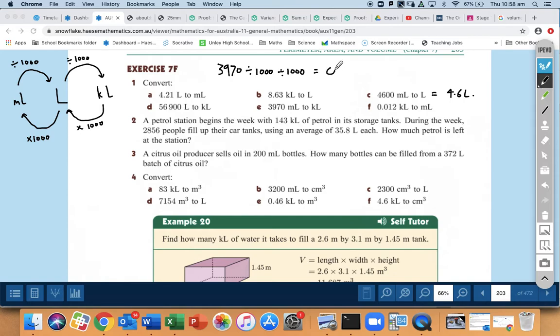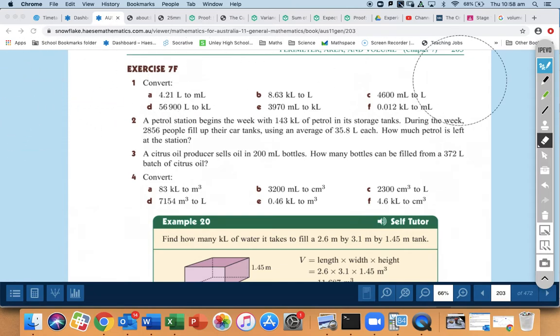I think this would be worth double checking in a calculator for a lot of you. It can be a little bit confusing when you start going down to really small numbers. And just make sure that we actually write kilolitres. So you could go 3,970, divide 1,000, press equals, divide 1,000 again, press equals, and see what answer you get. Okay,